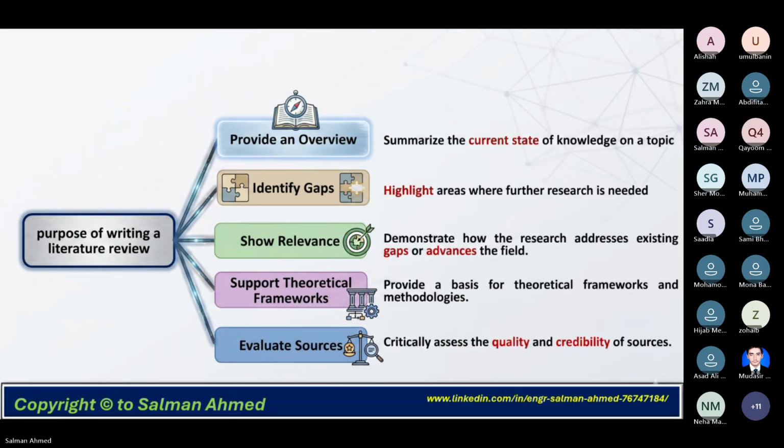Then it shows the relevancy: whatever gap you have found, is that gap relevant to the application you want to implement? Sometimes the same algorithm that you are implementing, supposing you are implementing one algorithm in medical, may also be used in the agricultural system, or in educational quality management.